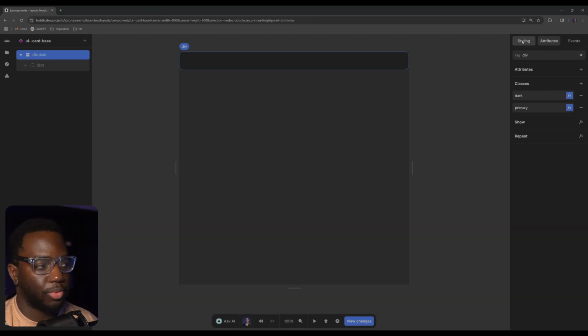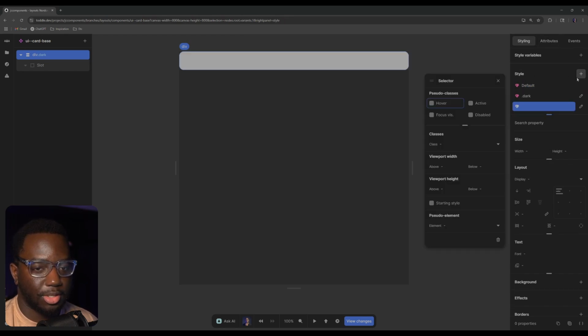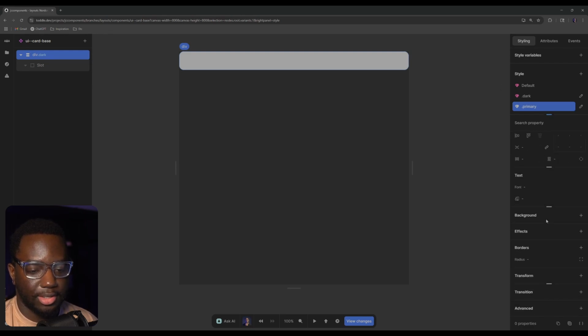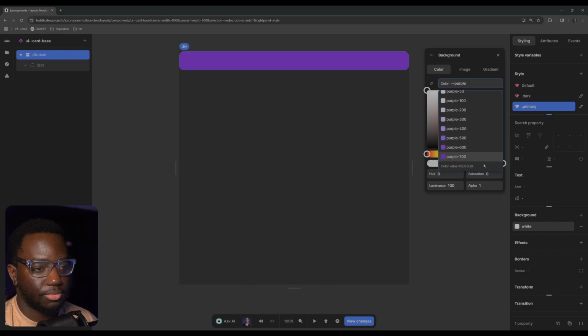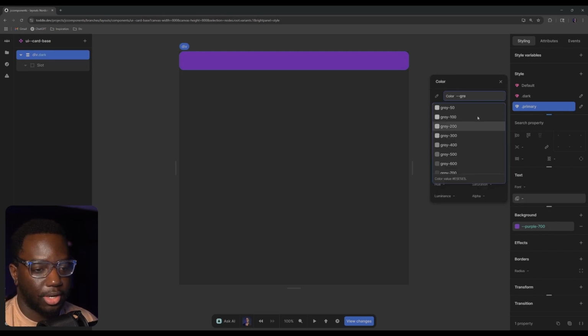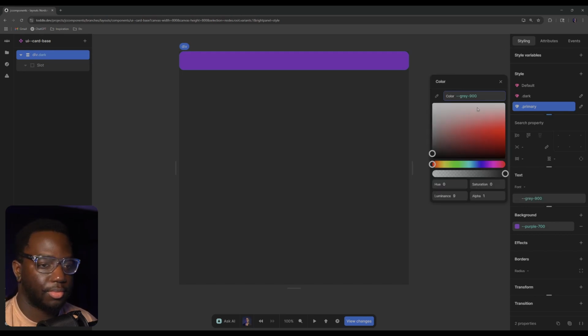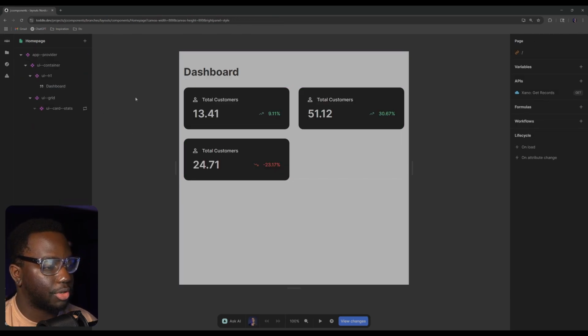And then what we can do is we can come over to styling or press S on your keyboard. And then in the style right here, we're going to press the plus. We're going to go to classes. We're going to get that primary class. And then let's go ahead and set the background color of it to be some sort of purple. Let's go with this purple. And then we can set the text to be a dark gray. Just like so. So now we can make use of this if we come back here to the home page